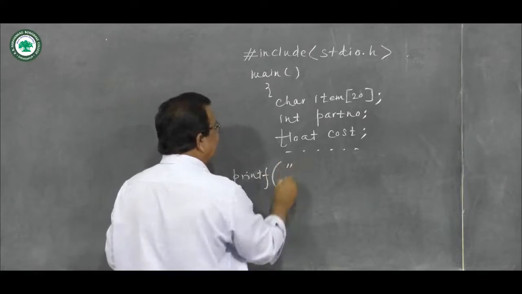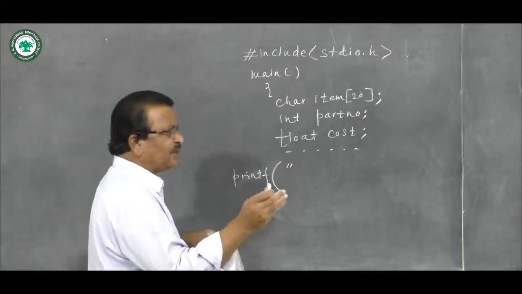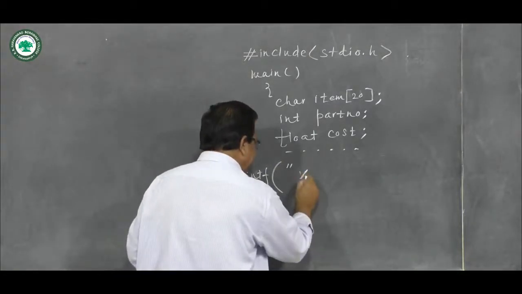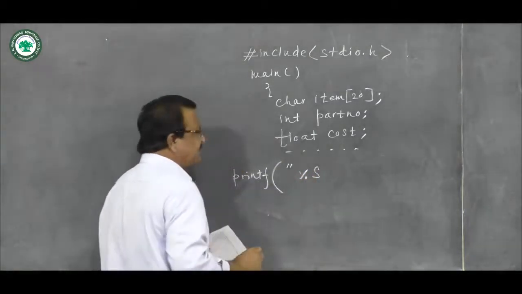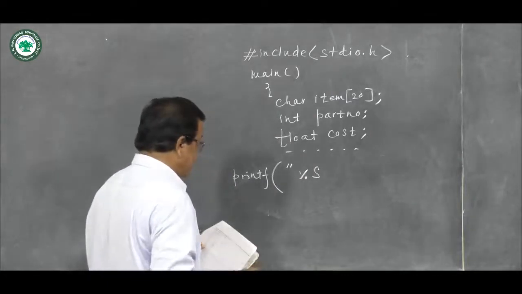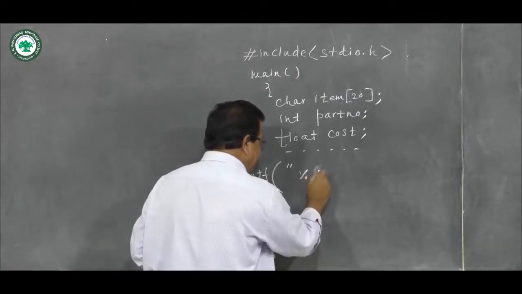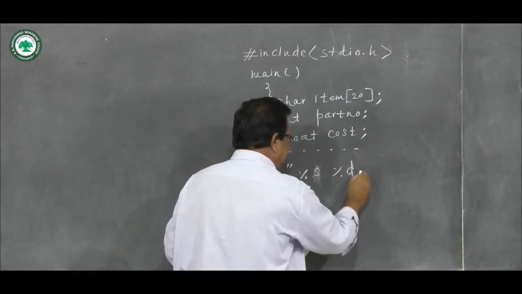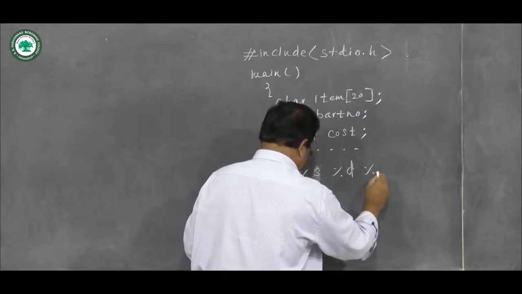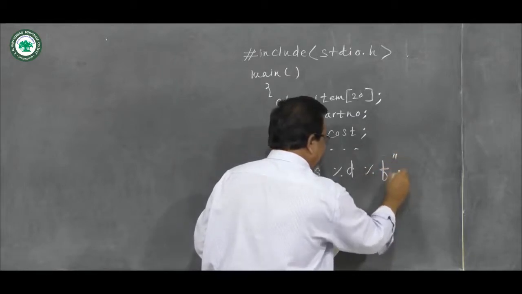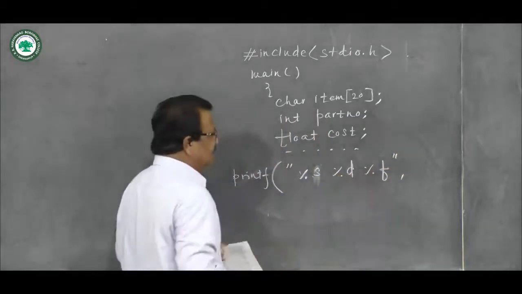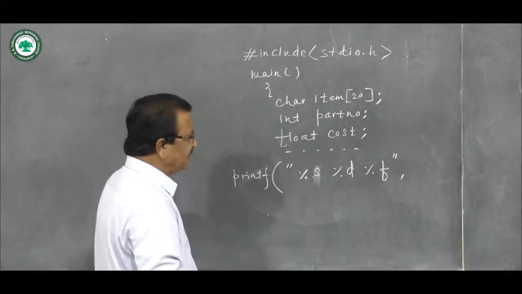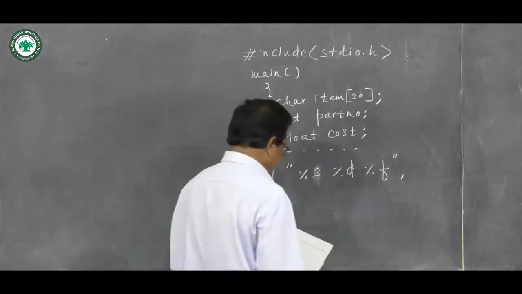Printf control string written within double quotes which slant or point to the left. Then first thing is %s, which will stand for array name because it is string. %s, everything is in lowercase letters, remember. %d, %f, double quote complete. There are 3 character groups or 3 conversion characters, so number of arguments that will follow will be 3 in number.